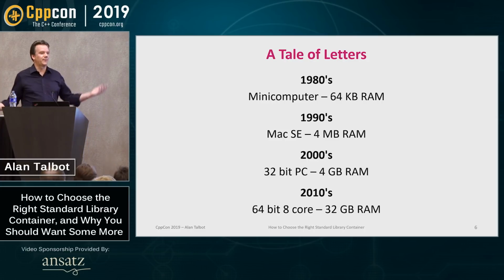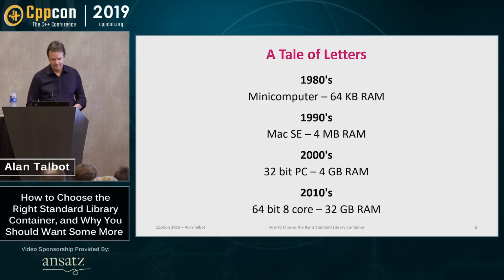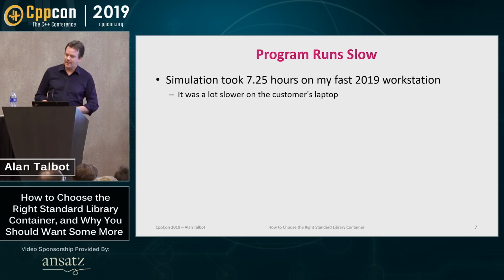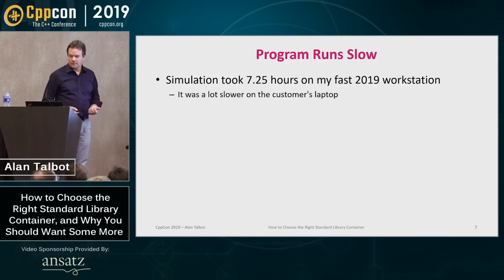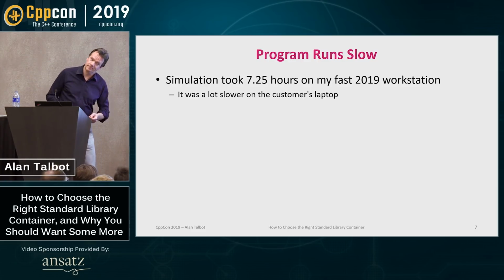So there's no problems anymore, right? Of course not. And yet, a few weeks ago, a customer was complaining that his simulation took way too long. So I ran it on my aforementioned supercomputer, whatever we call it now, and it took 7.25 hours, that's H again,